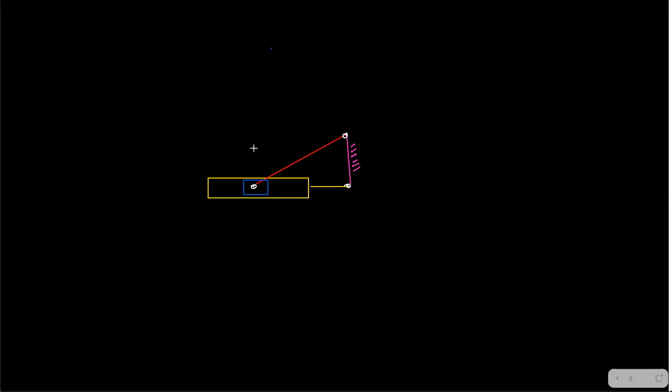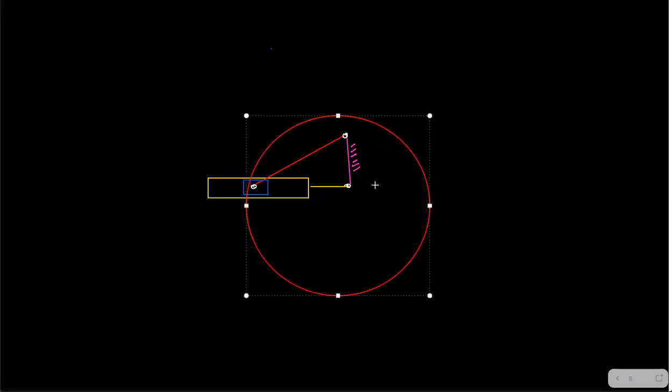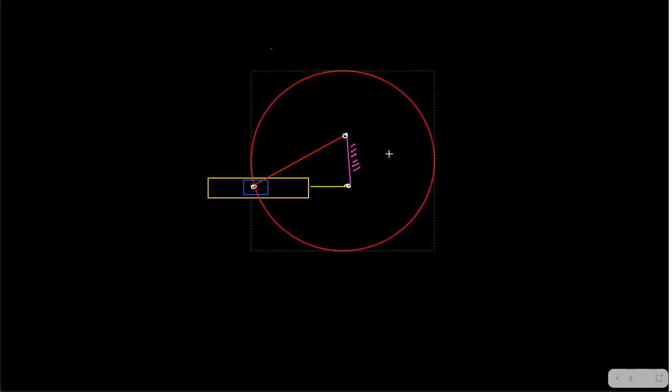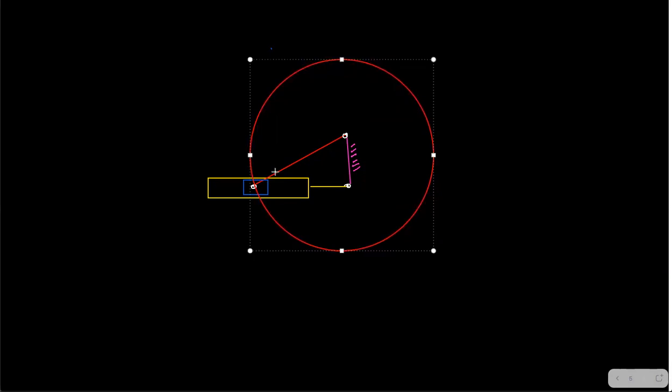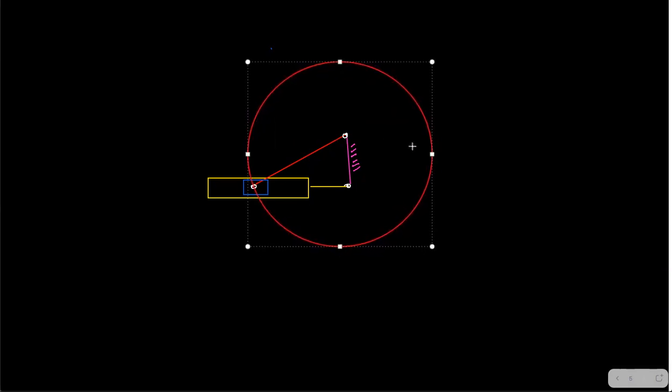So let me say that the red link is rotating on the red circle, right? The red link is rotating about the red circle, and the center of rotation is the end of the red link itself, about the fixed point. Okay, so I think this is looking pretty much like your center. Yes or no? Yes, almost center.